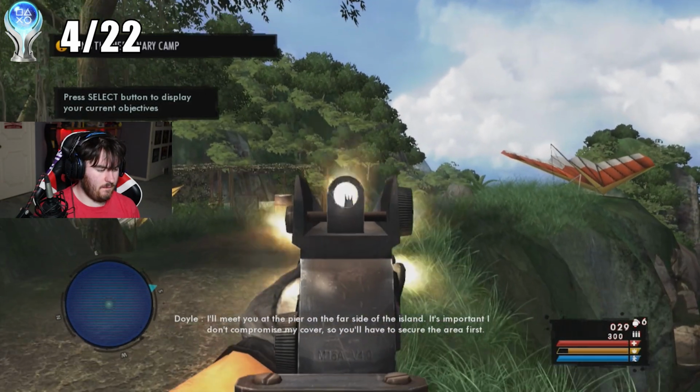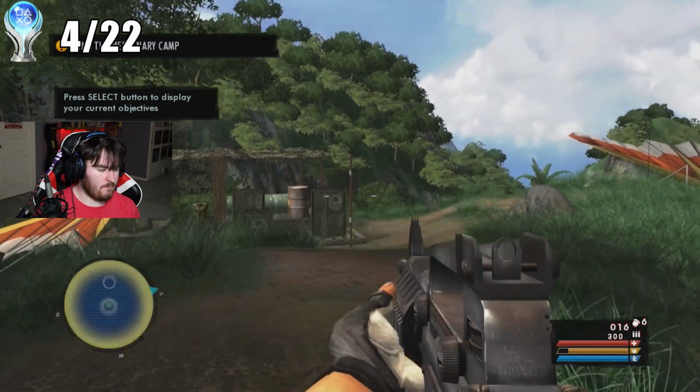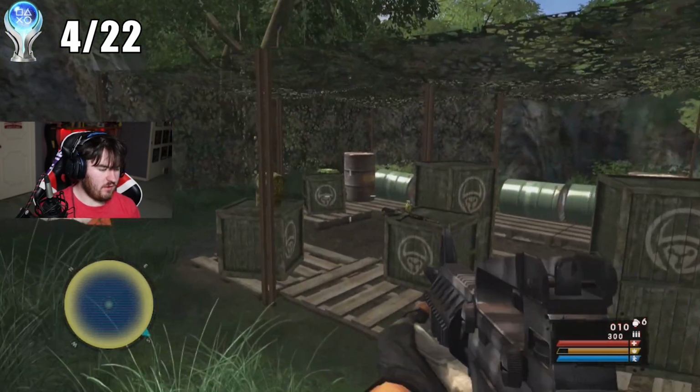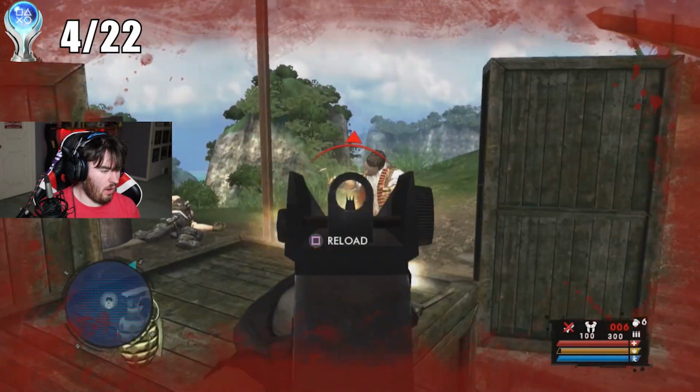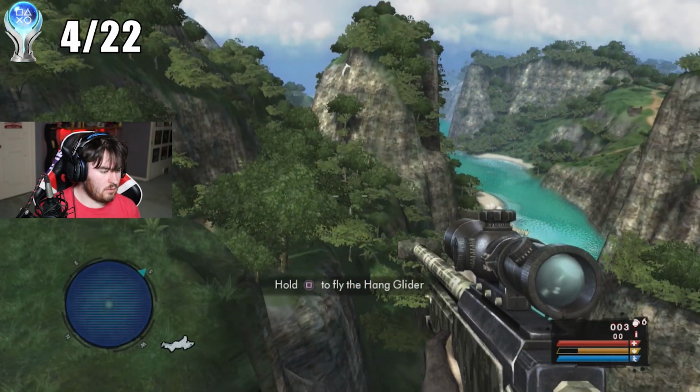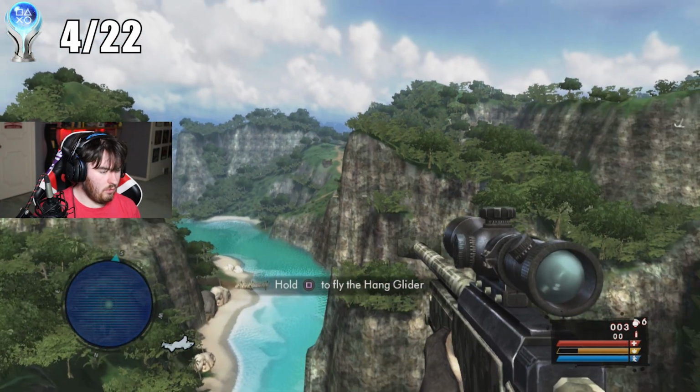After blowing up the comm center, Doyle told me that I needed to meet him at the pier on the other side of the island, but first I needed to get some trophies. This level would be a big one for trophies, as I could potentially get 4 of the 22 I needed for the platinum. The first one I went for was called Long Distance Correspondence, which was to get a headshot